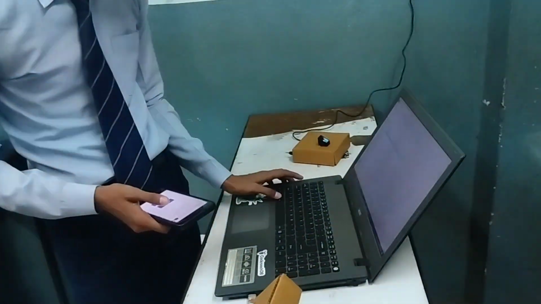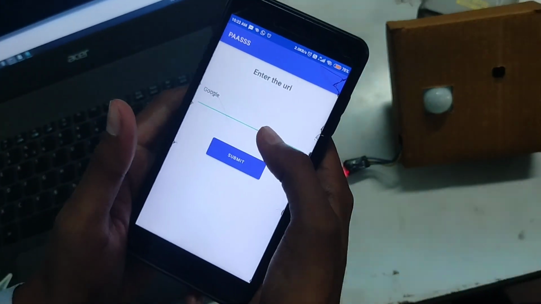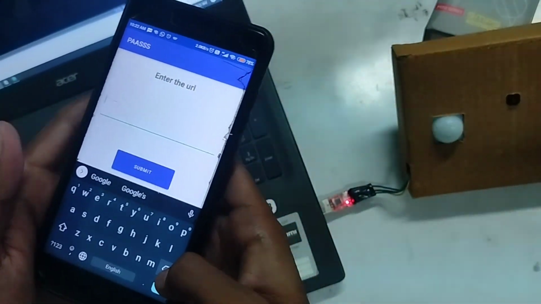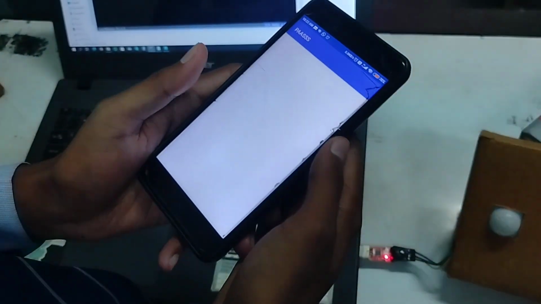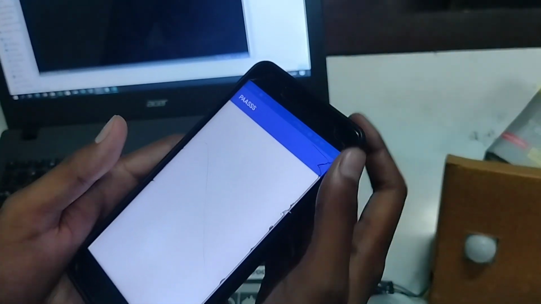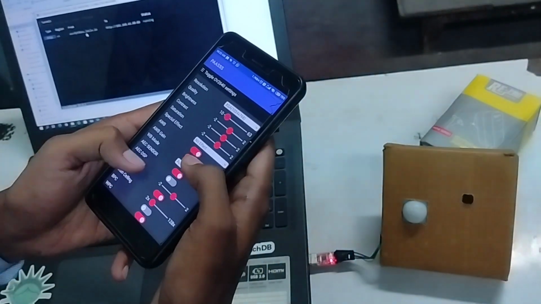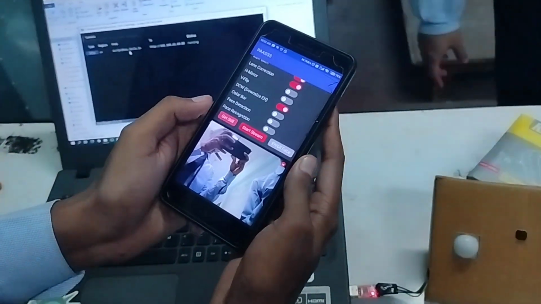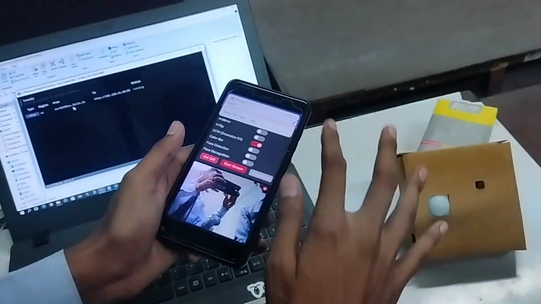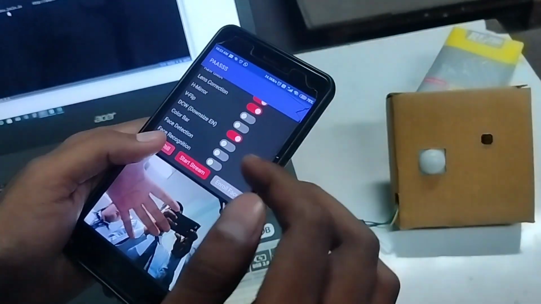Over the internet we are using a service known as Local Expose, which is open in my laptop. On running this, we get a URL. This is the URL. In our app, if we click on Get Still, we get an option to enter the URL. On entering the URL, we will be redirected to the page. It takes some time. This is the first page coming. If we go here and click on Get Still, we'll be able to get images live over the internet. This is not over the same network; this is over the internet that we are getting updates. As an image, we are not able to stream video over this.